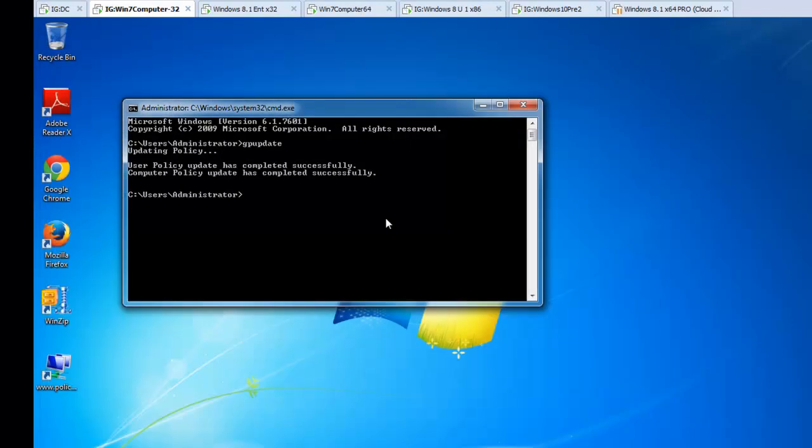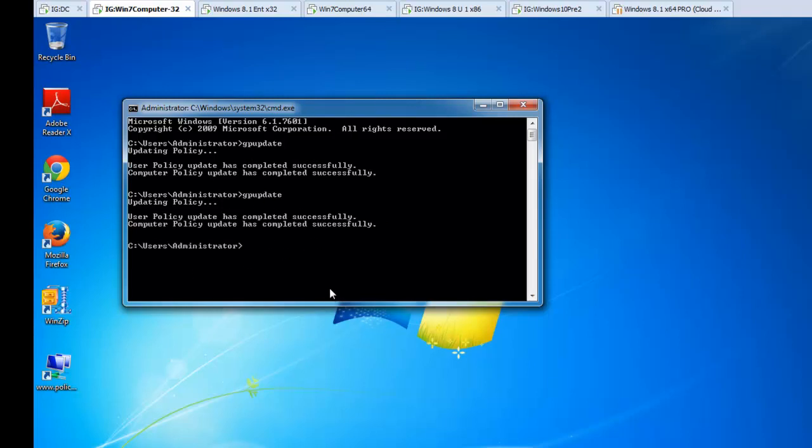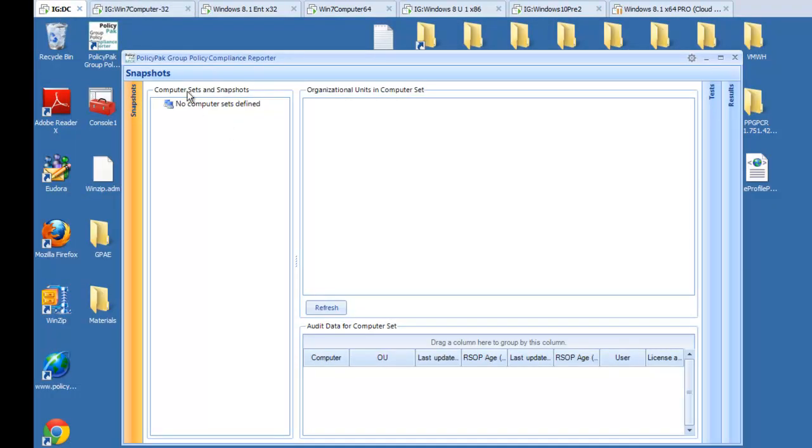So now that we've done this, let's go ahead and run GP update again. At this point, the scheduled task will fire off and send the data to the server, and at that point we should start seeing some magic. Now, after GP update runs, we actually cache that information for about a minute before we send it to the server. So don't panic. If you go back to your admin console here and you click on snapshots here,